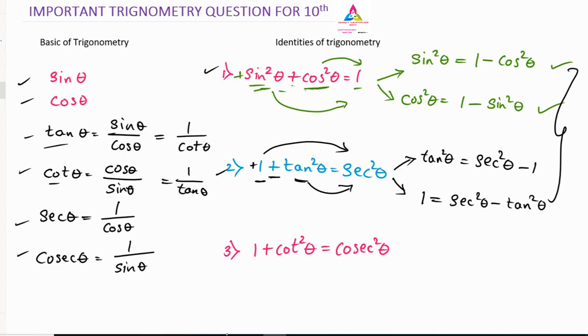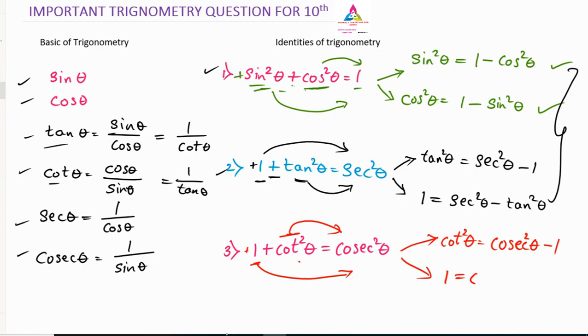So here you can see 1 plus cot square theta is equal to cosecant square theta. Again, the same procedure we will follow. This 1 we will shift, so this is plus 1, so it will turn into minus 1, but the cot square theta will remain here only. So cot square theta is equal to cosecant square theta minus 1. And similarly, now we have to shift this cot square theta to the other side. We have to keep this 1 here only. So 1 is equal to cosecant square theta remains as it is, but the cot square turns into minus cot square theta. So again we got 2 more, so totally 6 plus 3 identities.